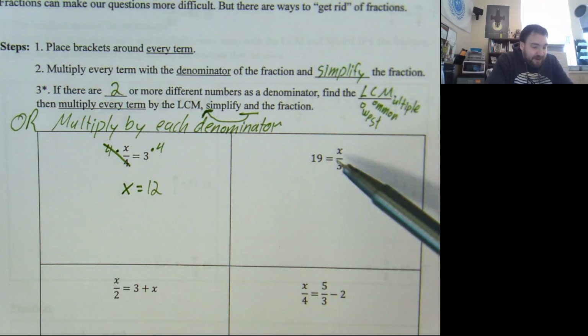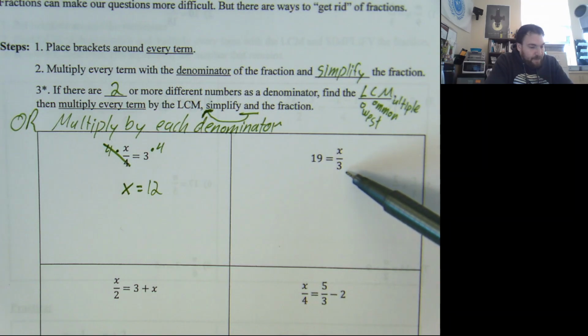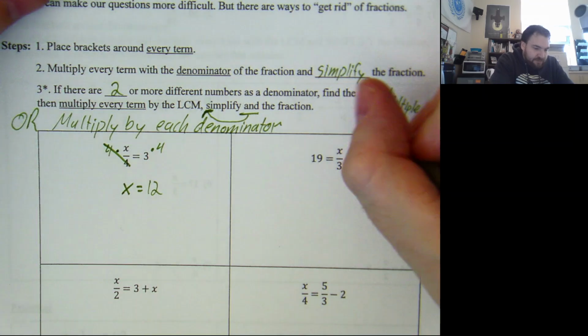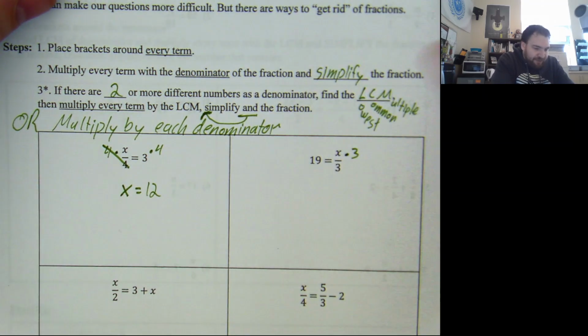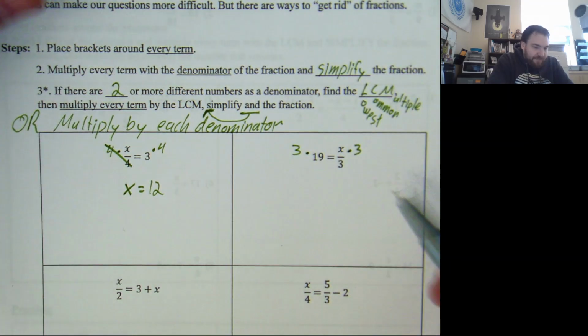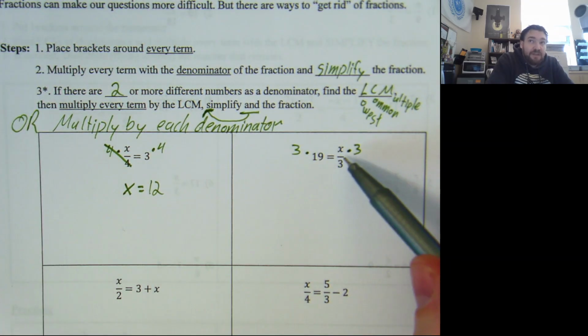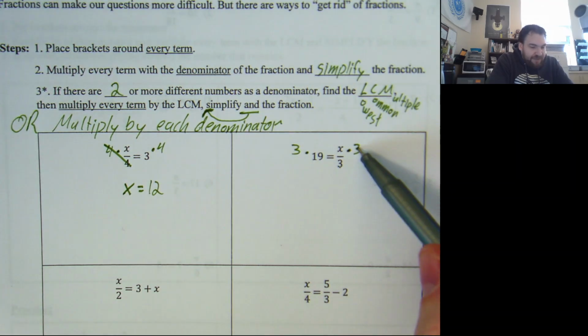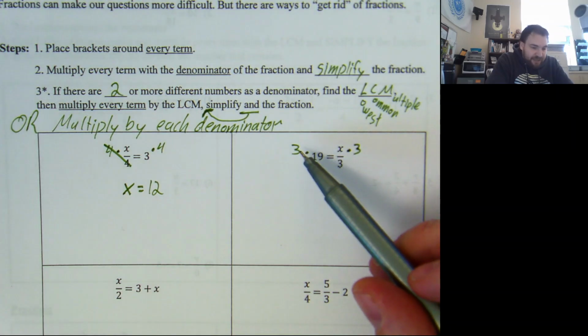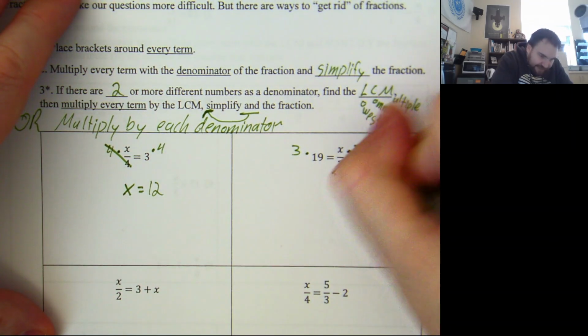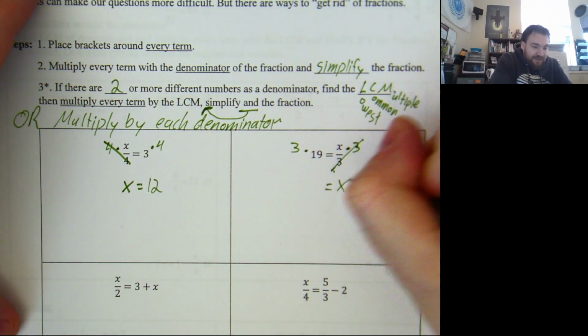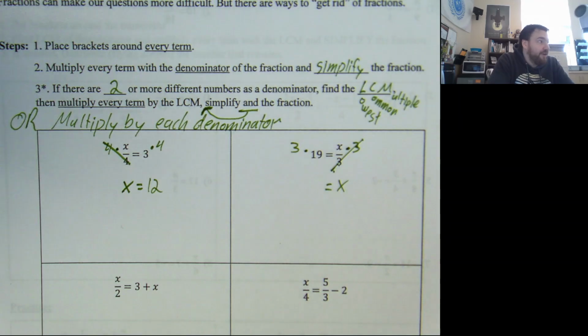This next one is the same. If I've got 19 equals x over 3, the opposite of dividing by 3 is multiplying by 3. So it doesn't matter that it's on the right-hand side. We're still going to do the opposite to get rid of the thing that's attached to the x. Whatever I do to one side, I have to do to the other side. On the right-hand side, they're going to cancel, leaving us with x. And because we all know our 19's times tables,